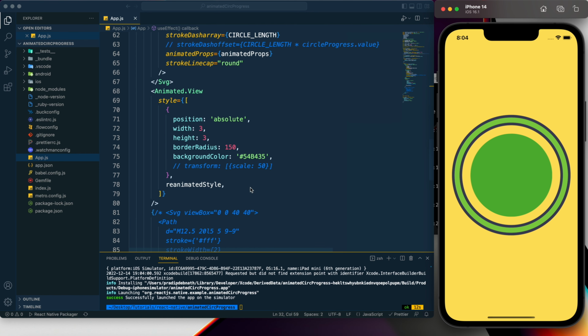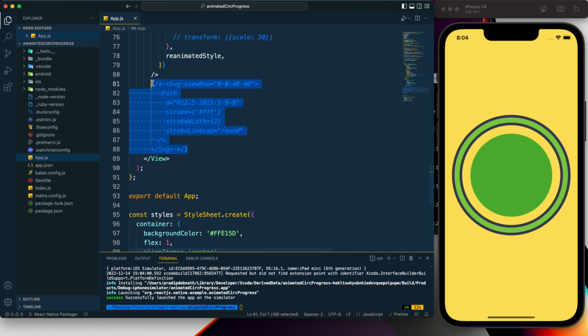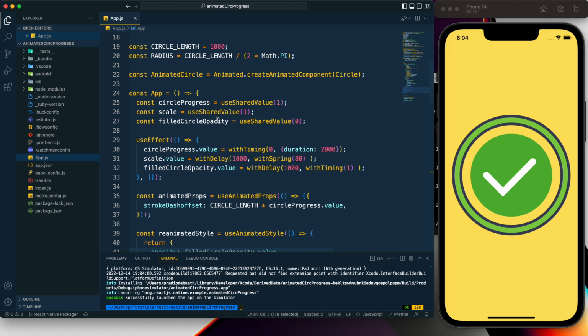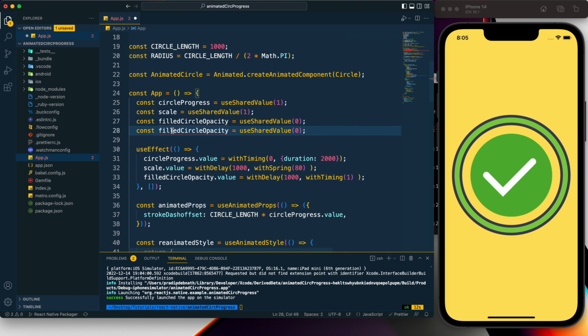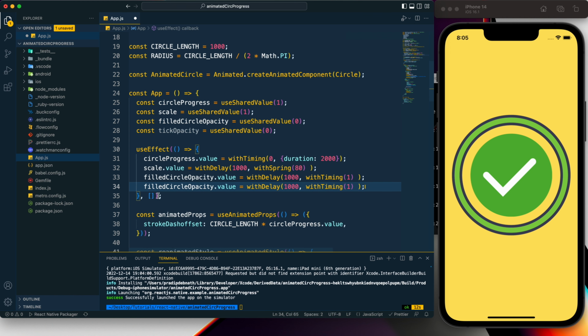Now let's uncomment the check mark, and now we need to animate this one, and for this one we will use the opacity only, and this one will be similar to this. Let me name it tick opacity, and we need to update it here. And for this one I will provide 1500 milliseconds of delay, and let's provide a duration here which will be